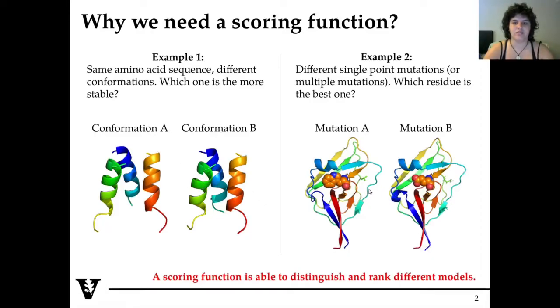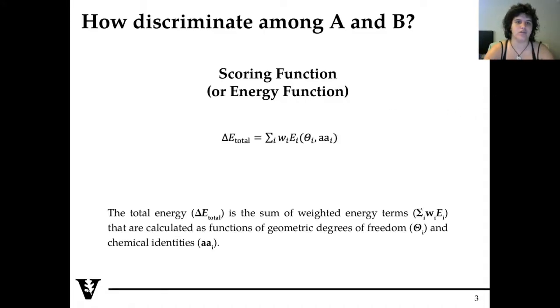Another example is if we insert mutations, which can be a single one or multiple, in the same fold, which one will fit best for that particular fold? So we need a scoring function in order to give a value to each protein and also rank the different structures. The definition of a scoring function, which can also be referred to as an energy function, is that the total energy